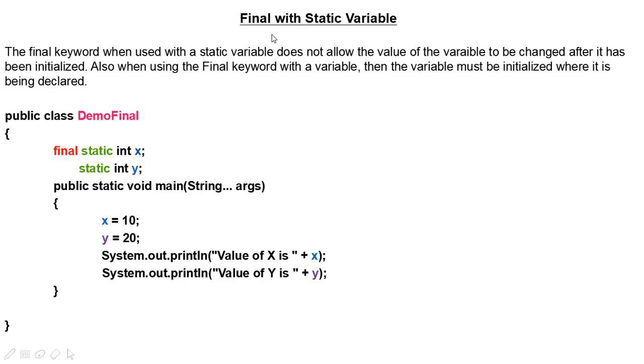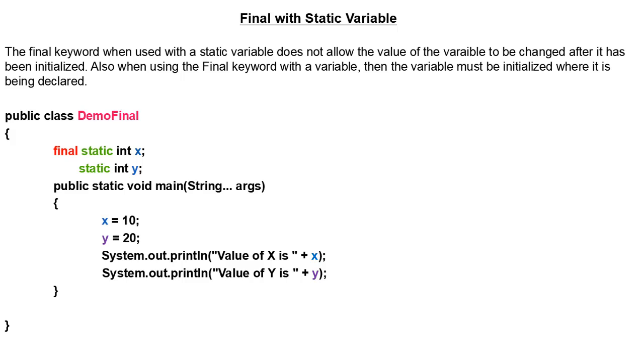Now we move on to the next context, which is context number 3. We have covered final keyword with the class and final keyword with the method. Now we move on to the final keyword with the variable. There are two types of variables. We are going to talk about only two types of variables, that is static and instance variables. Class level variables we are not going to talk about. So let's understand what effect the final keyword has on a variable.